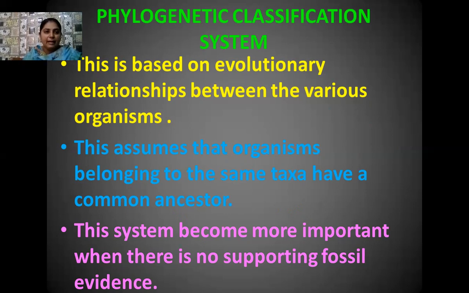In this way, we draw conclusions on the basis of certain similar characters that are found in the division bryophytes. So many characters of these bryophytes are similar to the algae. As you know, algae have a thallus-like body, there are also thalloid structures present in case of bryophytes, but a little bit differentiated. So in this way, you can say that algae can be considered as the common ancestors of bryophytes.